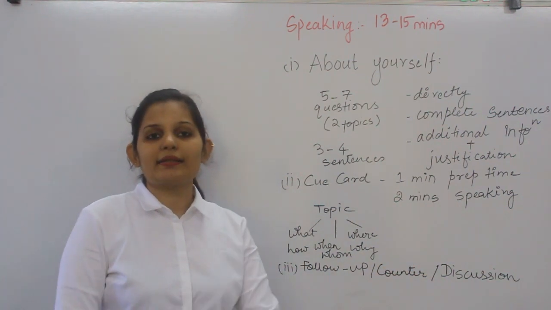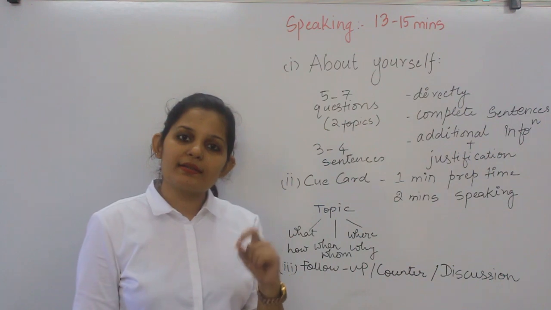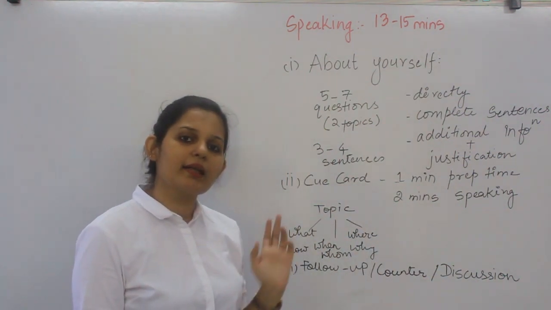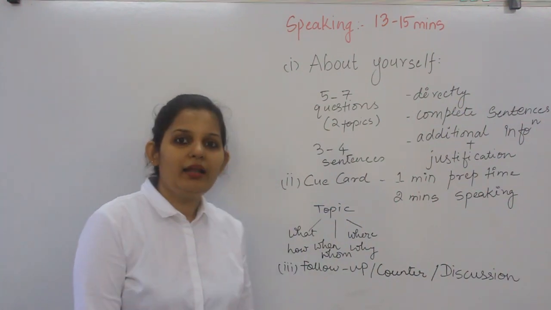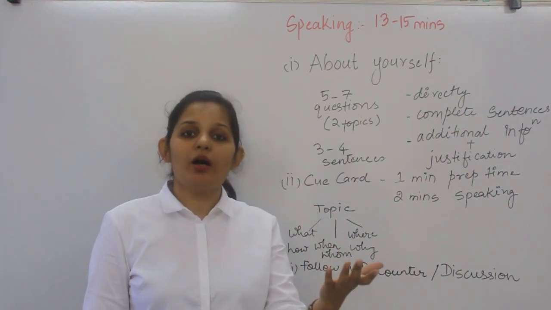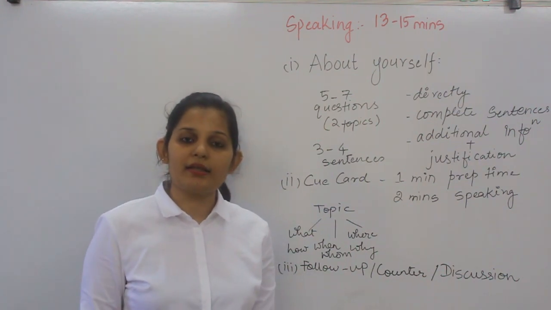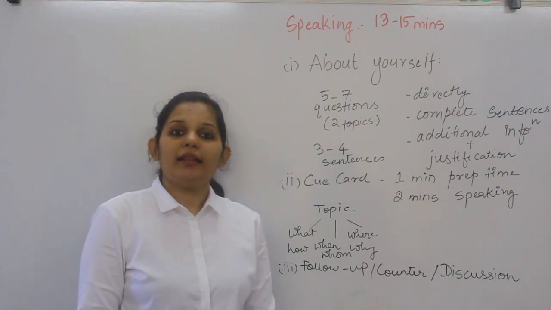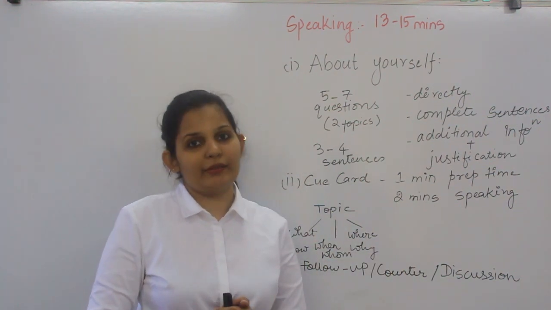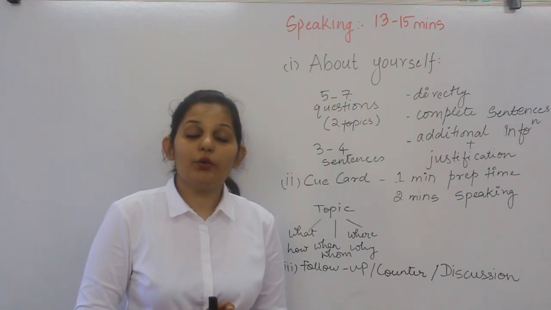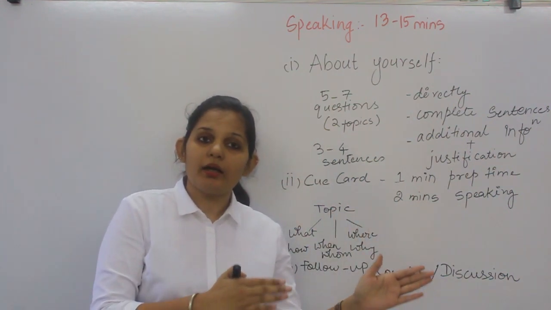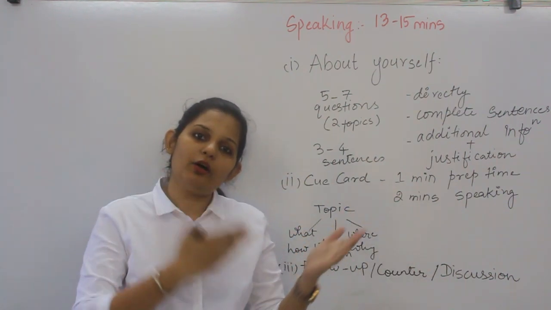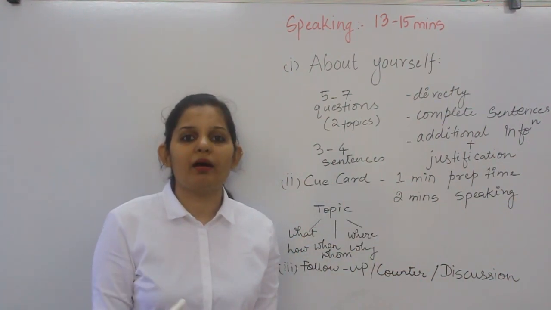Now, 2 things are very important in this part. First, these questions will have a broader perspective because these are not questions related to you or what you think. These questions will ask your views on different issues or concerns in the society, and you need to answer them in at least 4 to 5 sentences. The second thing is your tenses will be tested, wherein you can be asked questions related to the past, compare them with the present, and predict the future, wherein you need to compare all the tenses, that is present, past and future.